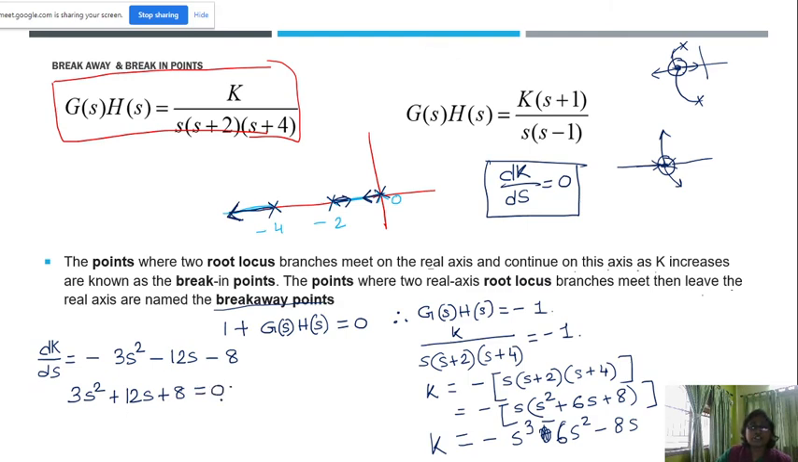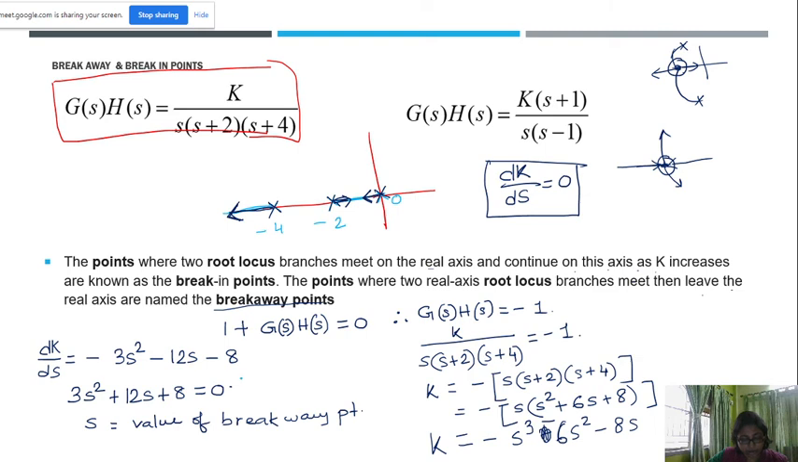Now, if I solve this quadratic equation, the value of s will give me the value of the breakaway point. Okay. So, if we solve this, we will get the value of the breakaway point. One thing I would like to mention, that if you solve this, you will get